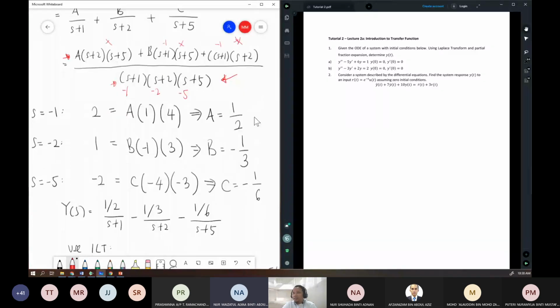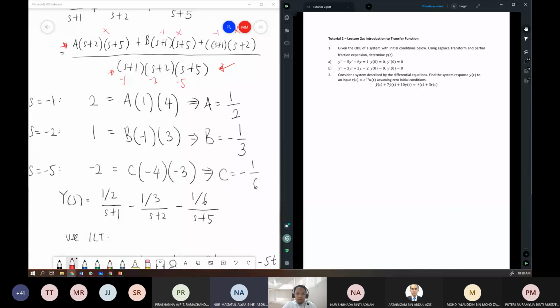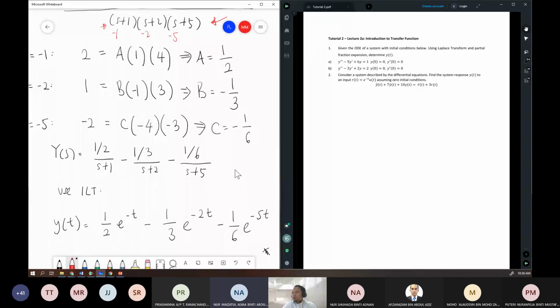Okay, any more questions? So I hope you understand how to perform Laplace transform and then partial fraction and then inverse Laplace transform. So usually this question will come out in exam, tapi student lupa macam nak buat ataupun terkejut soalan macam ni. Okay? So usually the question will be related